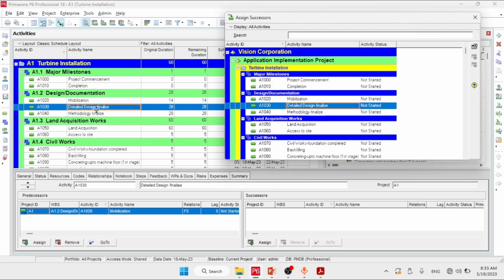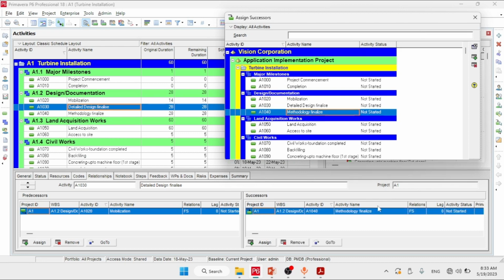So for this detailed design, then methodology finalize, we are going to change the relationship by clicking here, and we are going to select the finish to finish. After finishing the detailed design finalize, we are going to start the methodology finalize after